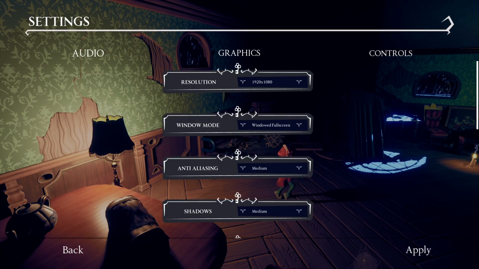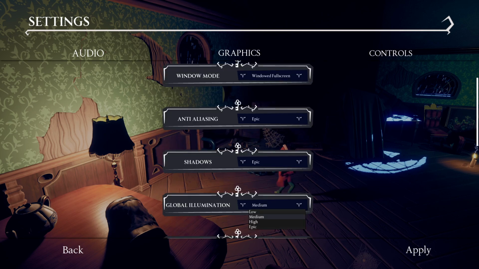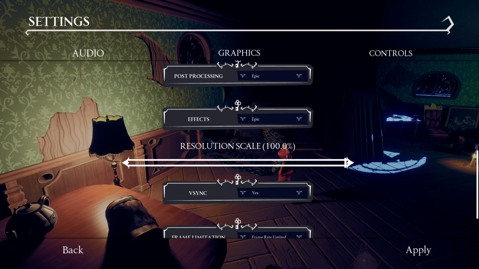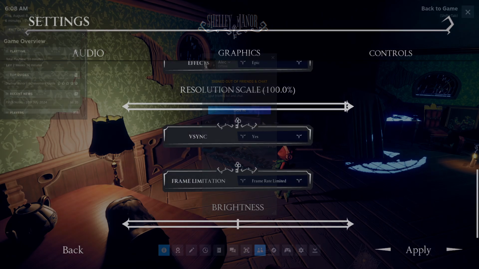But I've got VSync on. Let's see what it's like on Epic, because it's Unreal Engine. Of course, it's Epic. All right, turn everything up to max. Let's see how it runs. I've got VSync on and frame rate limited, so I should turn on the...